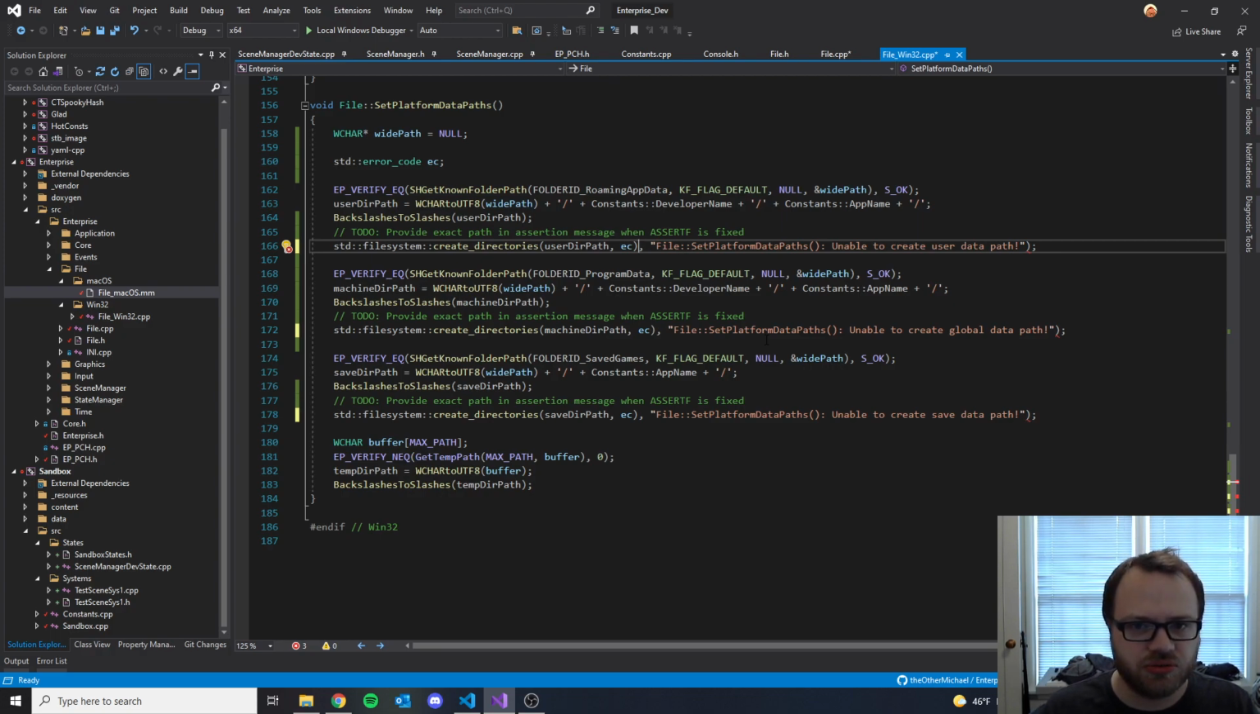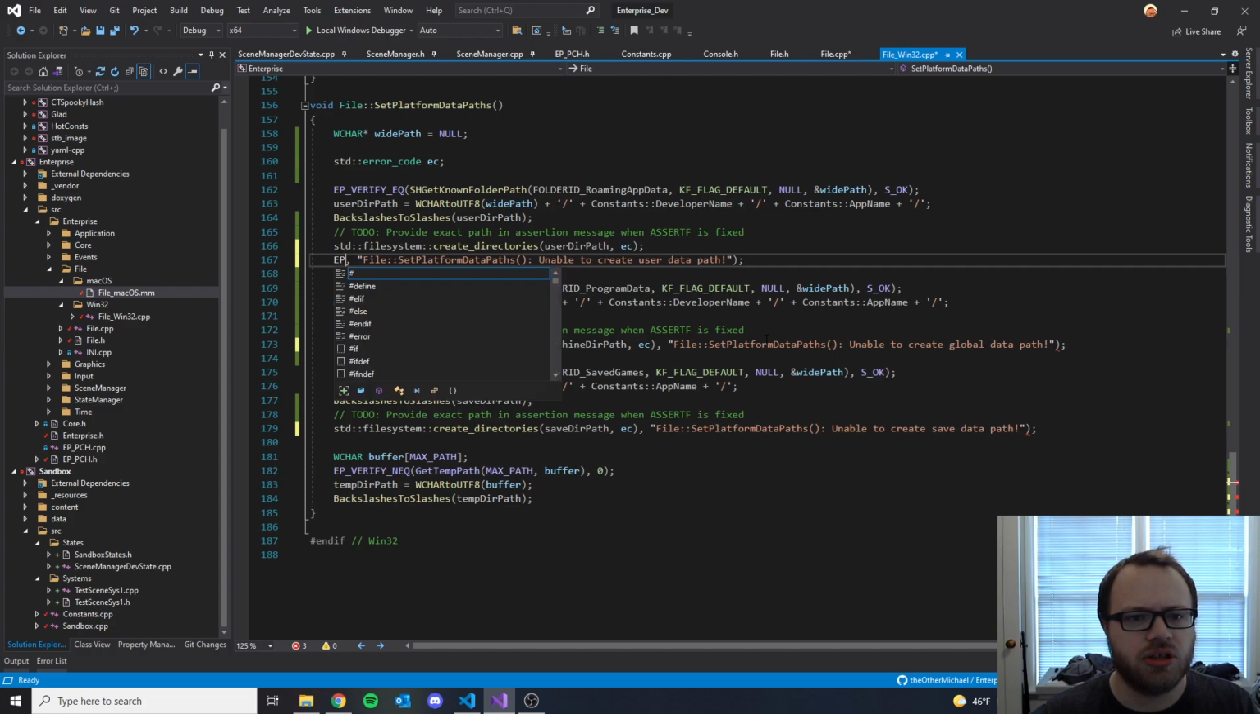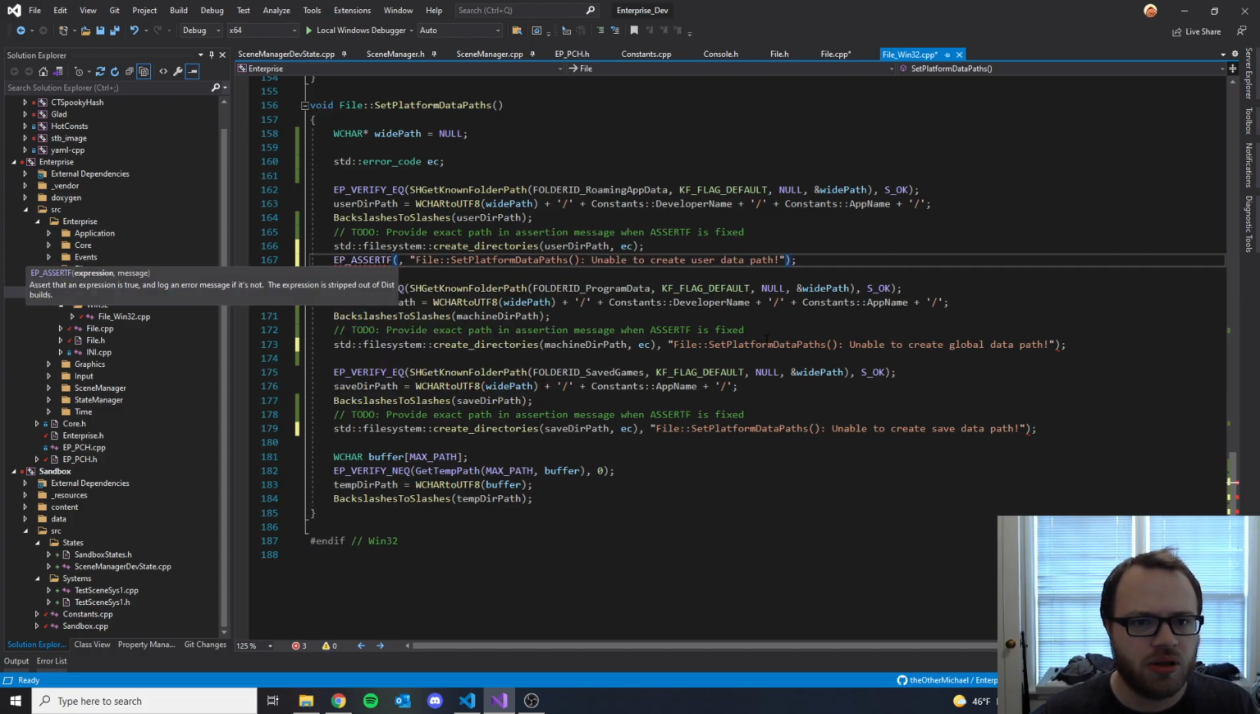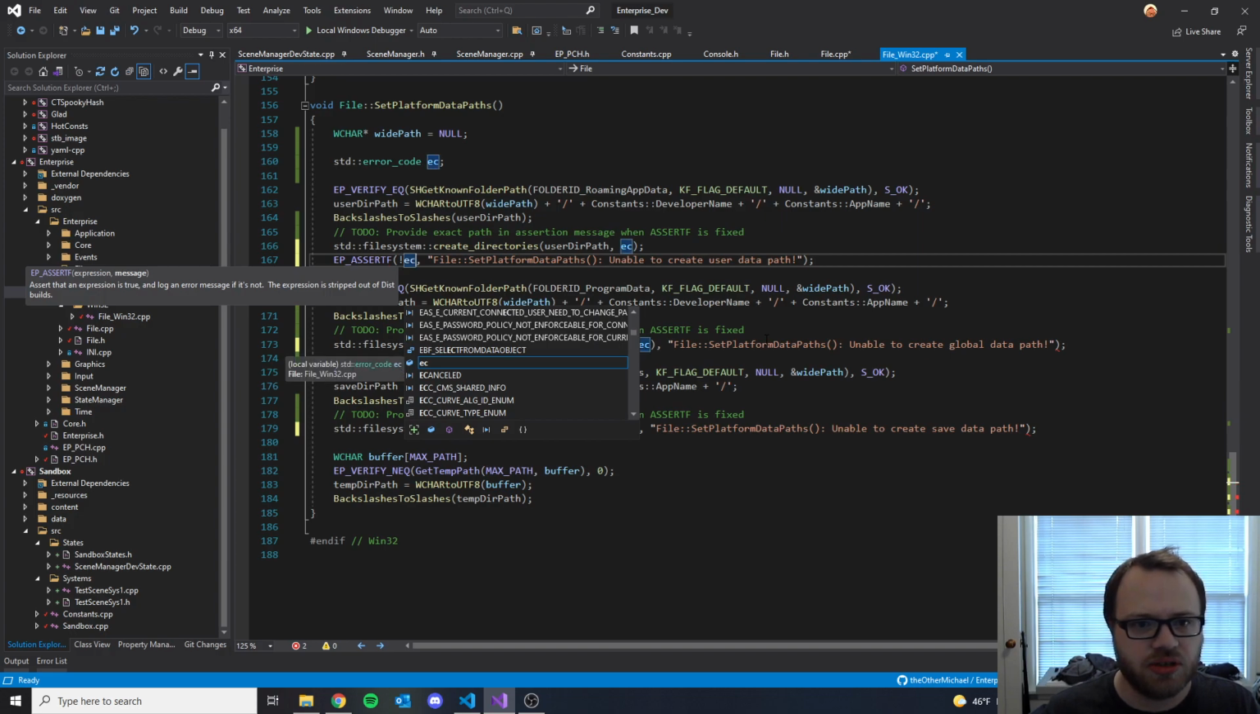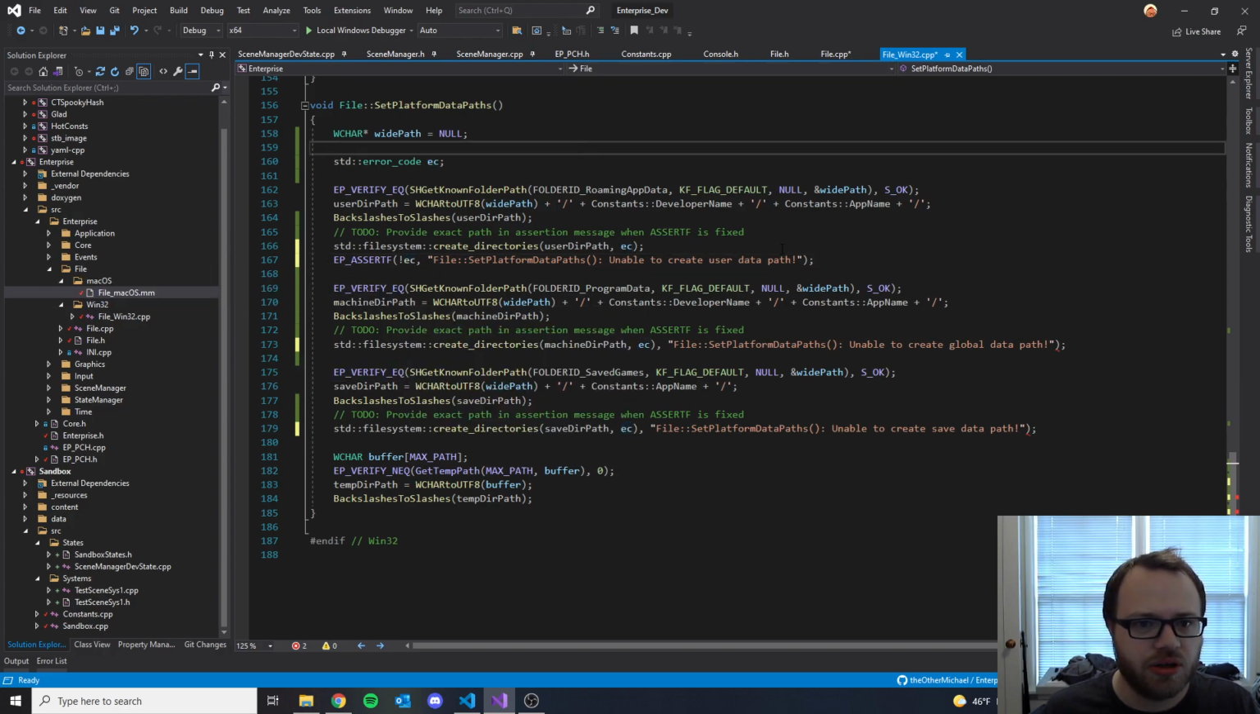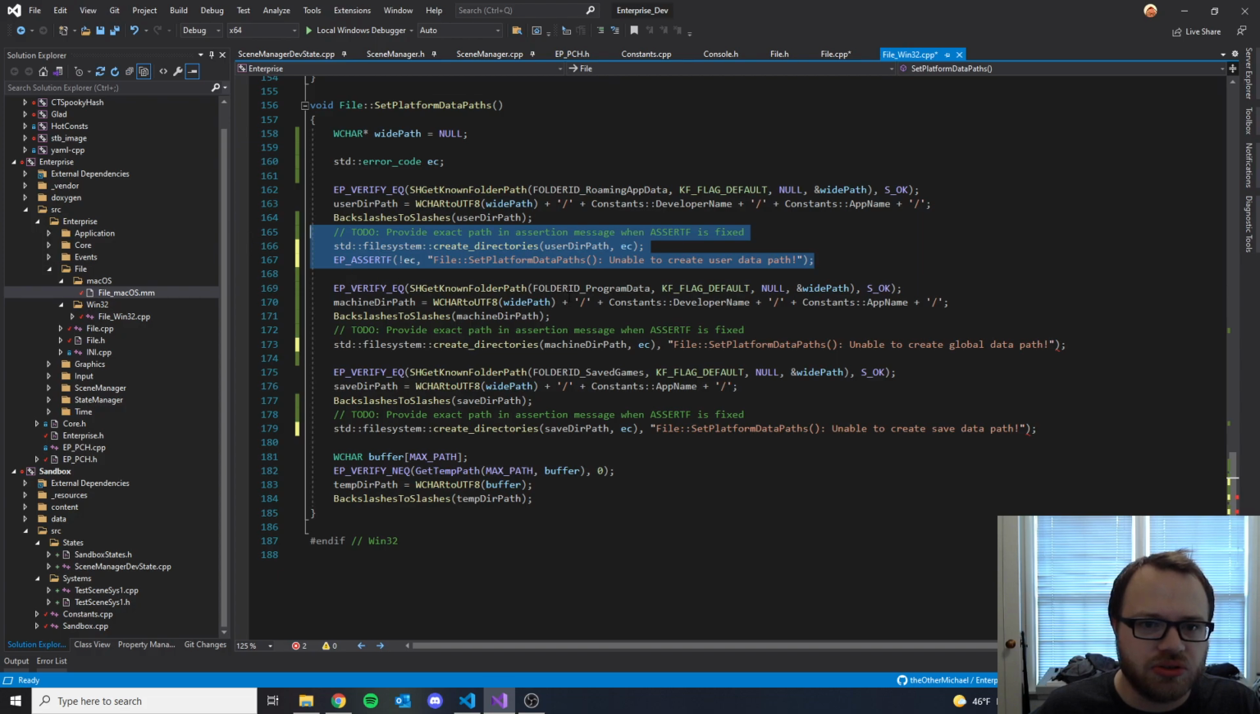And then I need to call EP assert f, and we're asserting that EC does not have a value on it. All right, good. I think that's what we need. To make this all a little bit more readable, I think I'm going to